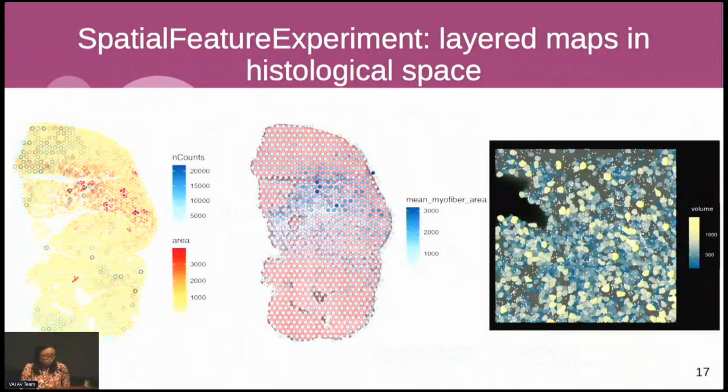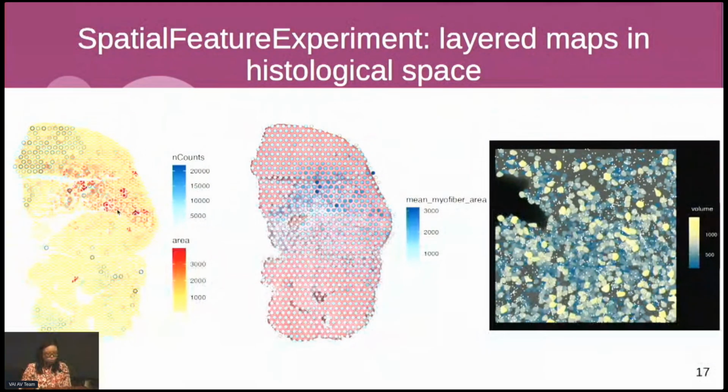So a spatial feature experiment, we can think of it like a layered map. This is a Visium dataset from mouse skeletal muscle. We can have a raster layer for the H&E image, and vector layers for the polygons of the Visium spots and for the myofibers.